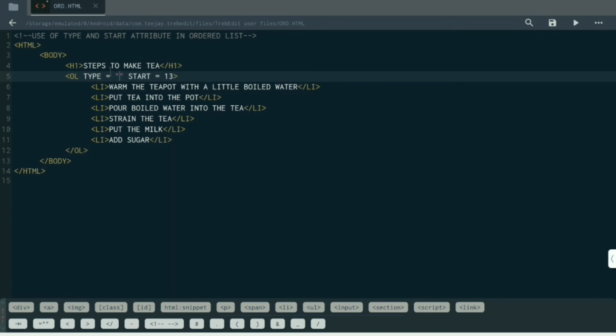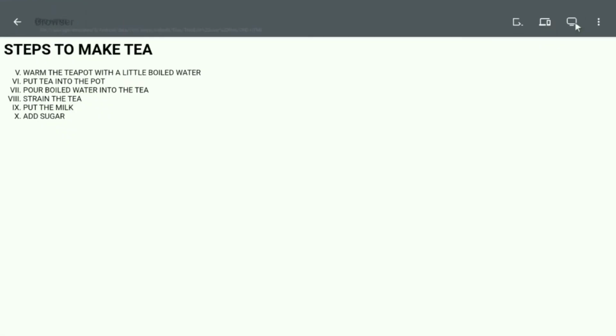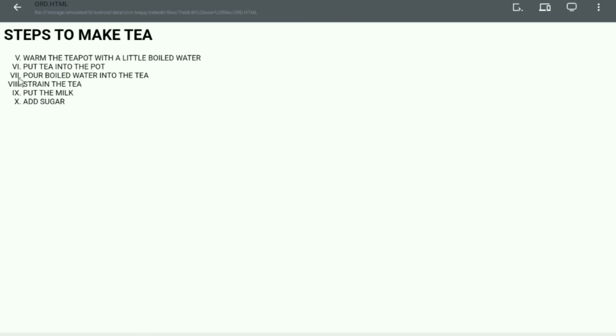Now I am going to use Roman numerals in capital, and I am going to start it from 13, or I am going to change it from 5. So 5, 6, 7, 8, 9, 10.